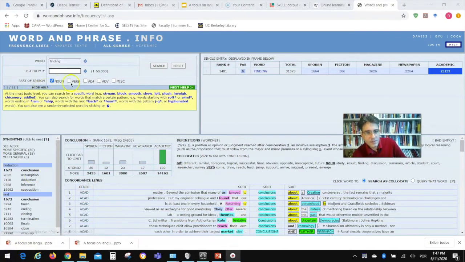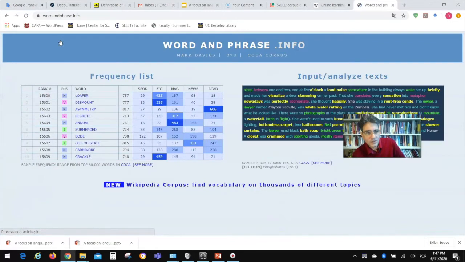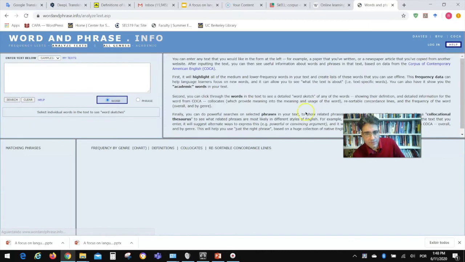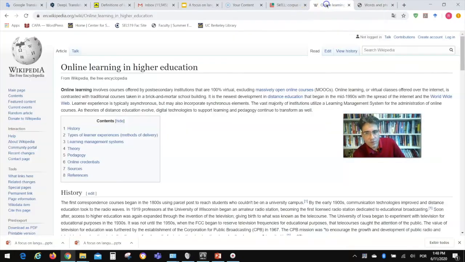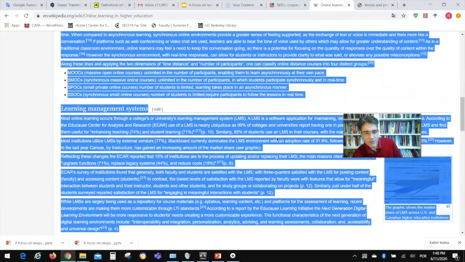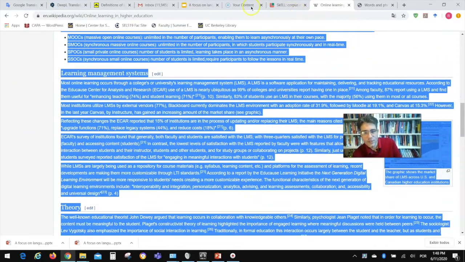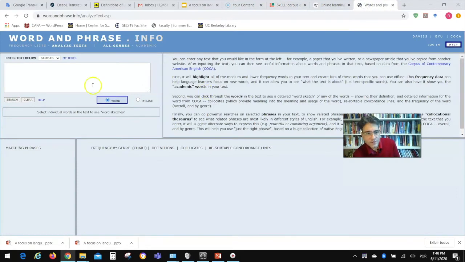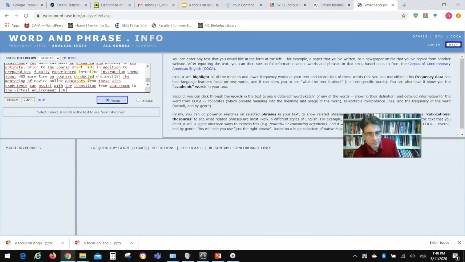Also, word and phrase, going back to the first screen that you saw, allows me, as an option, to input or analyze text. And you're going to see how this can also be quite useful. So that article that I showed you earlier that drove the word cloud, online learning and higher education, I can copy some text here and put it into word and phrase. I'm just going to copy that in. And then when I put in search here,